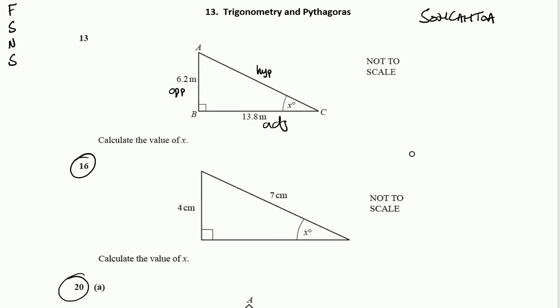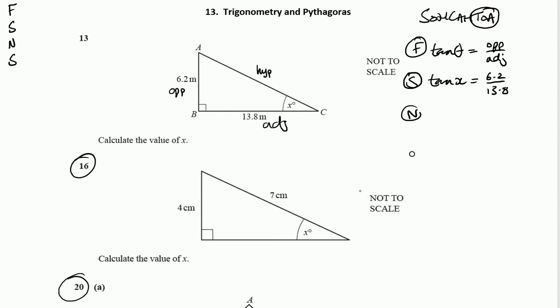In this case, I want a formula involving the opposite and the adjacent, and not the hypotenuse. So that's going to be the last one, TOA. The formula then is tan theta for the angle is equal to opposite over adjacent. Substituting into this formula gets me tan x equals 6.2 divided by 13.8. And I look at this for any nice jobs that I want to do. In this case, 6.2 divided by 13.8 is a nice enough job. So I can say tan x is equal to